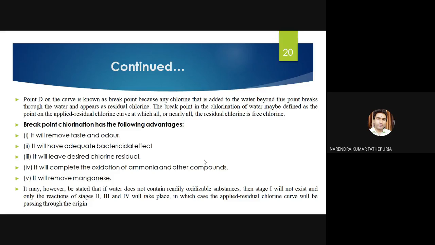So point D on the curve is known as a breakpoint chlorination because any chlorine that is added to the water beyond this point appears as a residual. Water may be defined as